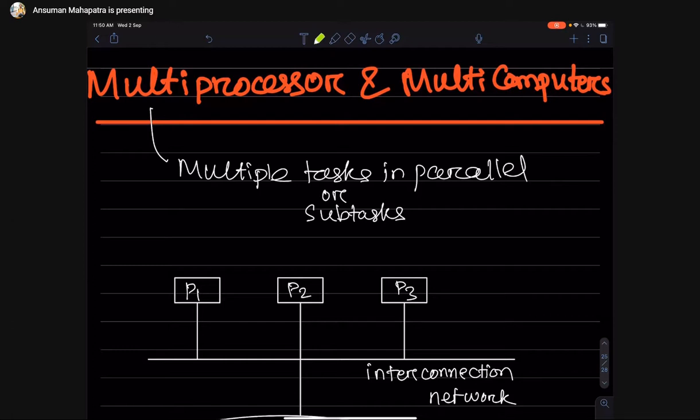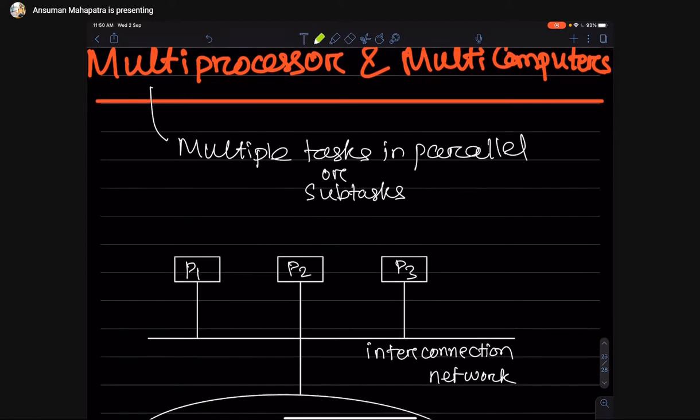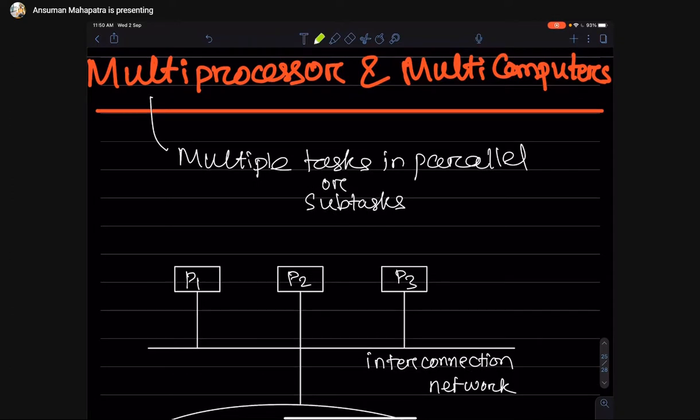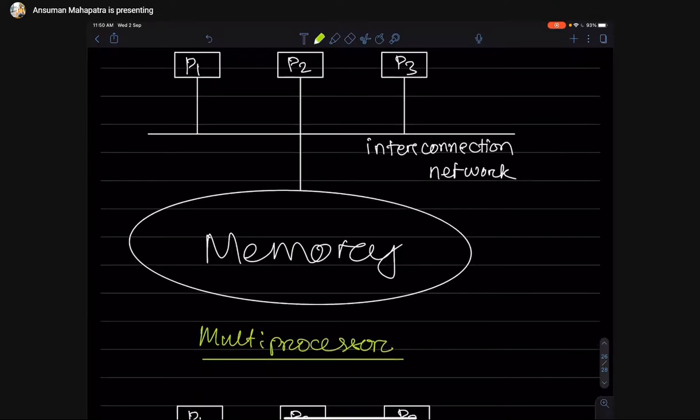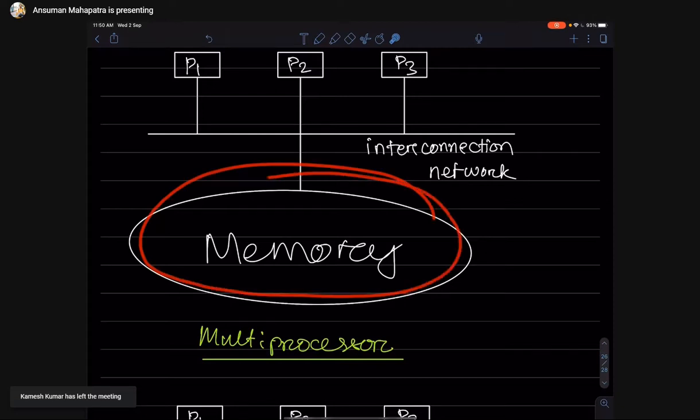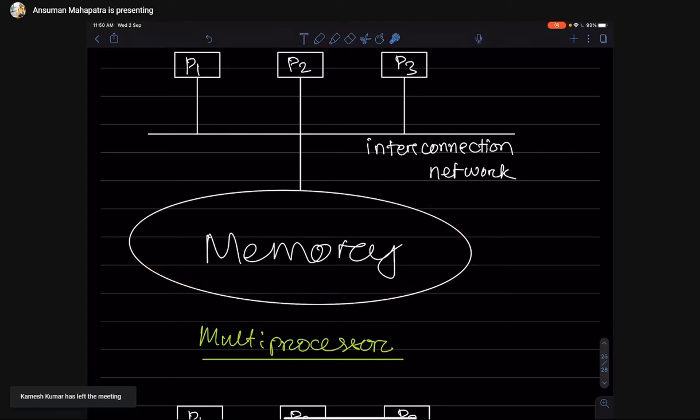Okay, so next is multiprocessor and multi-computer. So what is a multiprocessor? Obviously, multiple processors will be there. As you can see here, P1, P2, P3, three different processors are there. Memory means RAM, and the RAM will be shared among all these processors.